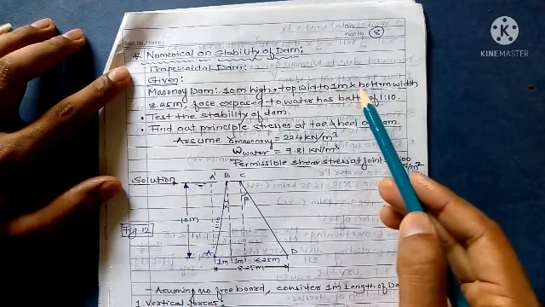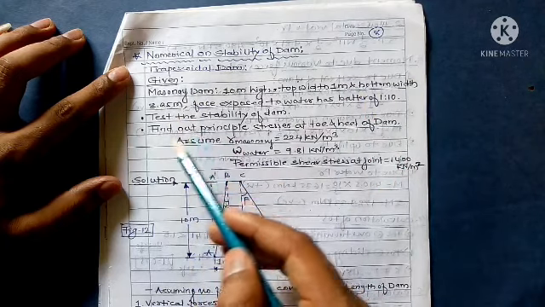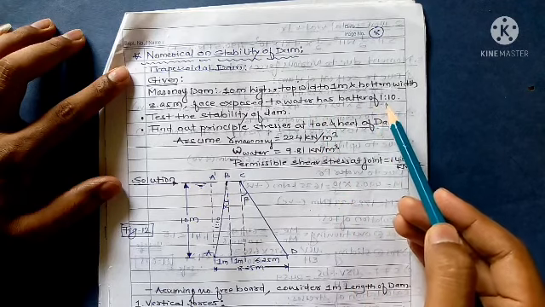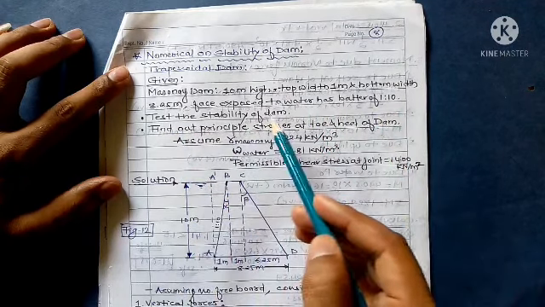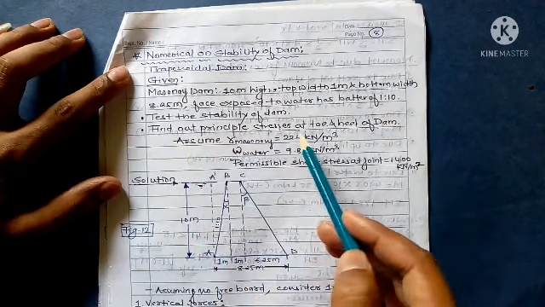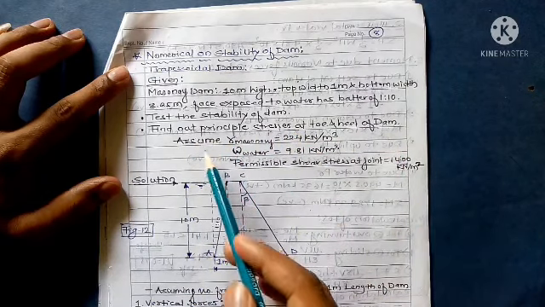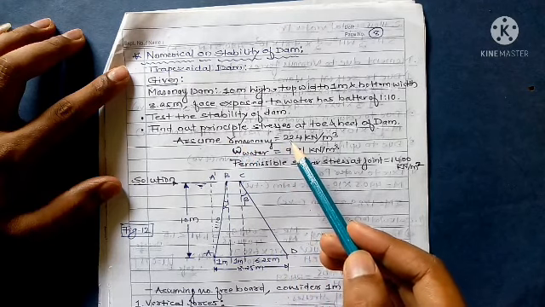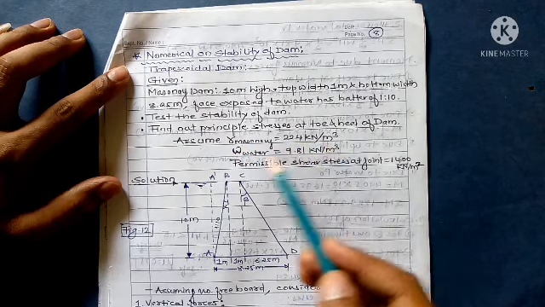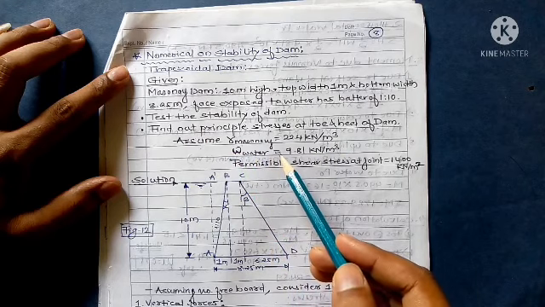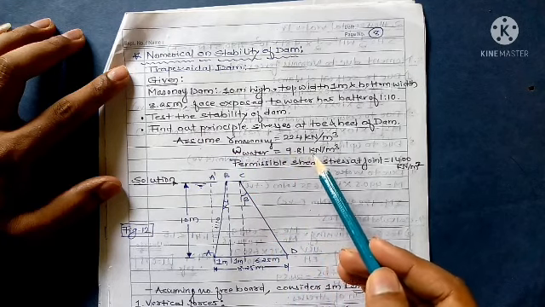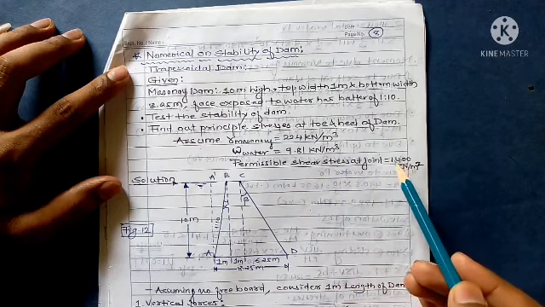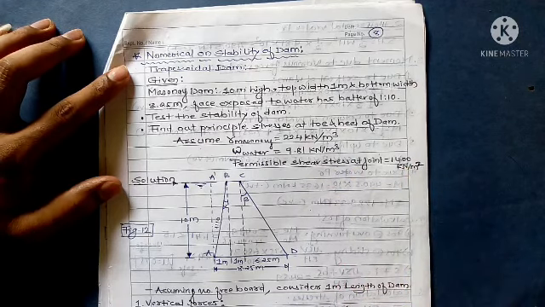top width 1 meter and bottom width 8.25 meter, face exposed to water, has batter of 1:10. Test the stability of dam. Find out the principal stresses at the toe and heel of the dam. Assume specific gravity of masonry is equal to 22.4 kilonewton per meter cube. Unit weight of water 9.81 kilonewton per meter cube. Permissible shear stress at the joint 1400 kilonewton per meter square.